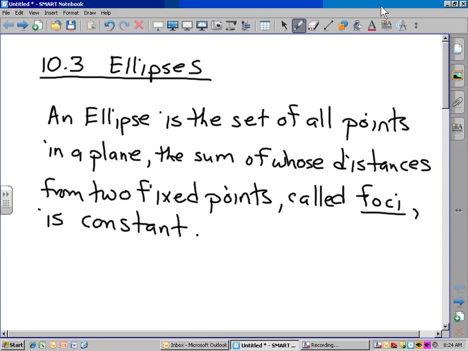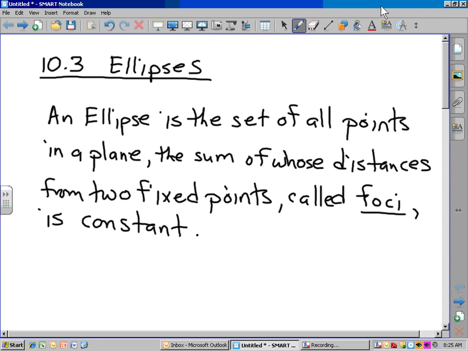Okay, 10.3 ellipse. It's the second of the conic sections that we're going to study. What we have is a definition of an ellipse. An ellipse is a set of all points in a plane, the sum of whose distances from two fixed points, called foci, is constant. I know it seems a bit much for a definition, but it's not much different than